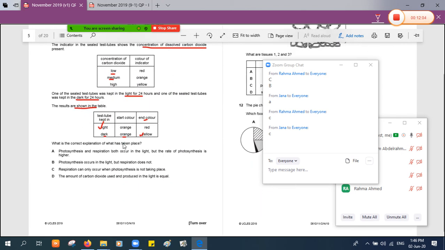What is the correct explanation of what has taken place? Remember that when we put the plant in the light, of course by the end of the day the darkness came. But when we put the plant in the dark, and as time passes, the light came up, and the orange color,